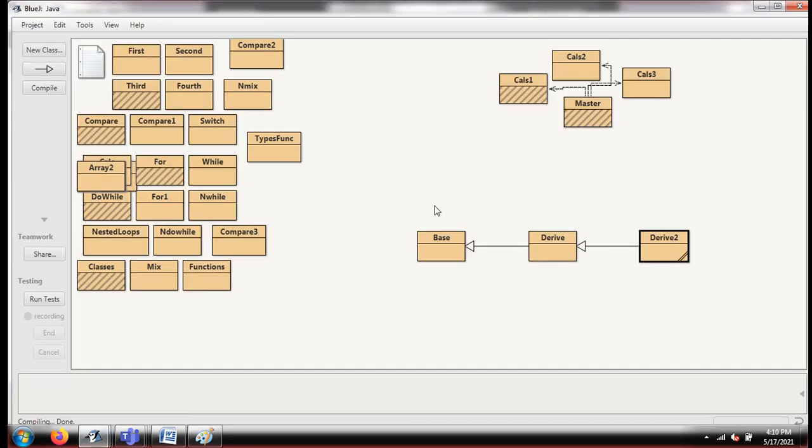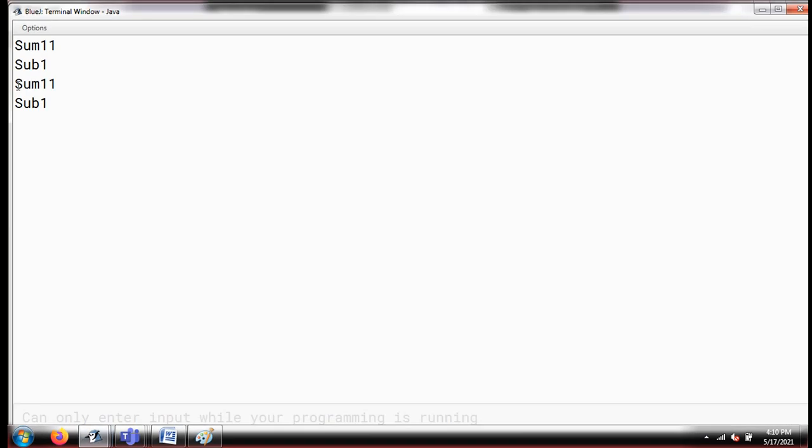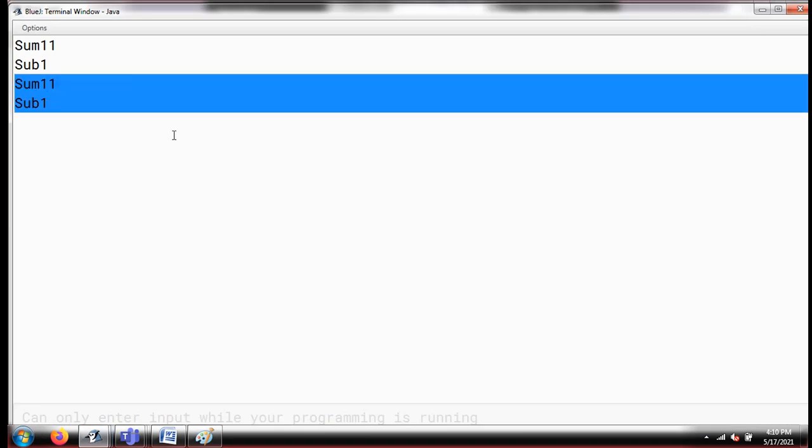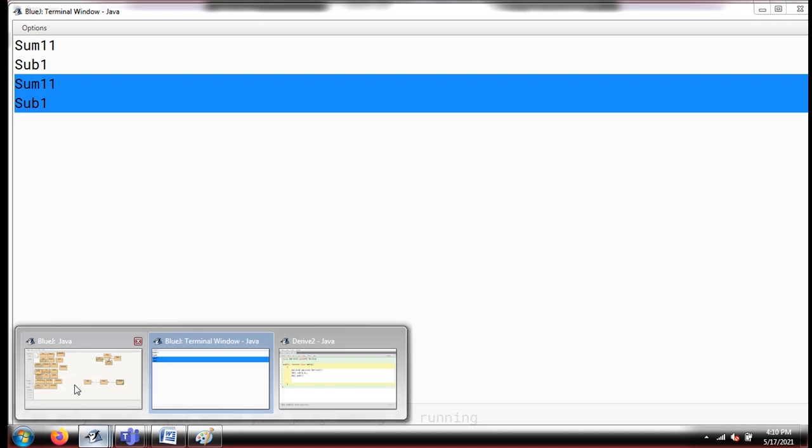So here you can see, guys, this is the interface: my base class is connected with drive, and drive is connected with my drive2 class. So all these three classes are connected with each other, which is known as inheritance. Here my base class is extended by drive, extended by drive2. Once I call, you can see the same output, but this time I'm getting this output through drive2, because I created the object in drive2, I connected drive, and I connected base. So base is inherited by drive, and drive is inherited by drive2. So this is the interface, and all these things are possible with the help of inheritance.